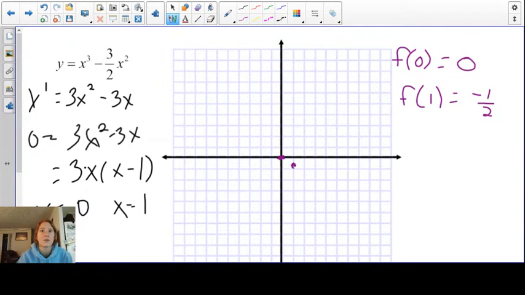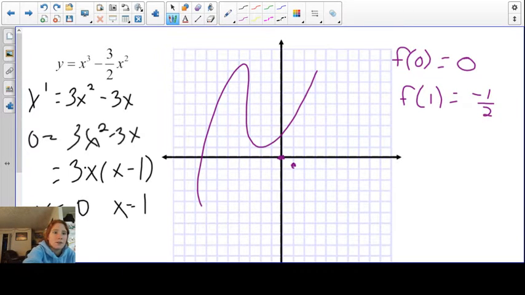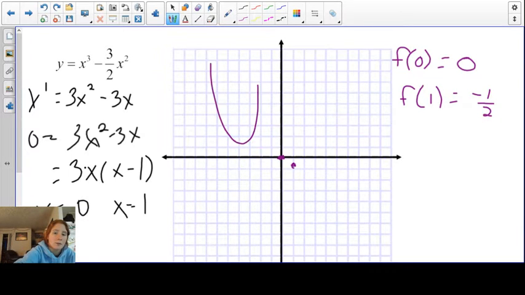So now what we need to do is figure out what my graph is going to do. Is it going to look like this? Is it going to look like this? Is it going to look like a W with a weird thing? What's going to go on with my graph? What is going to happen next? So what we're going to do now